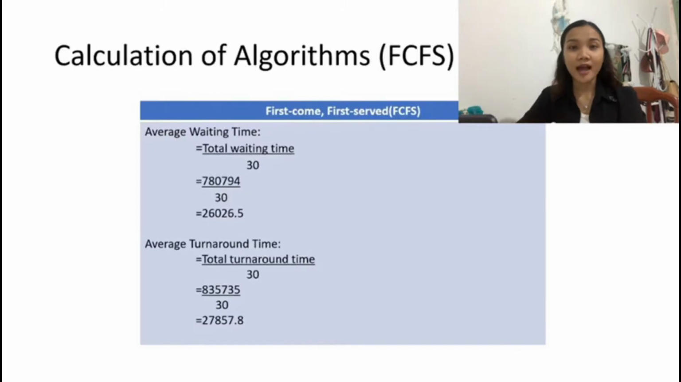Now we are going to take a look at the calculation of the algorithm for FCFS. The average waiting time is calculated by dividing the total waiting time by 30, and the answer is 26,026.5. For the average turnaround time, we divide the total turnaround time by 30, and the answer is